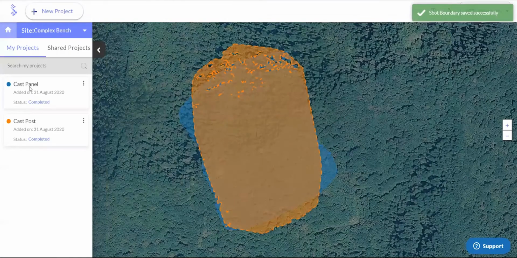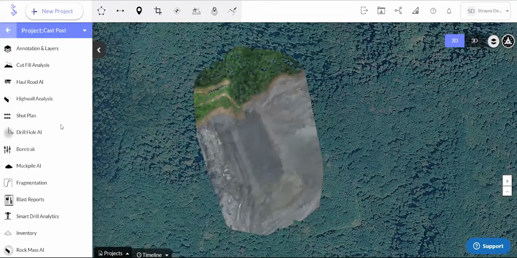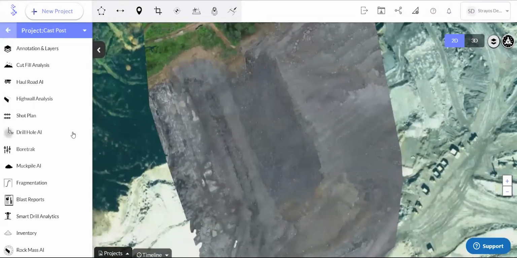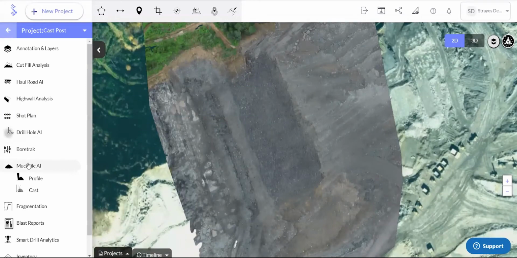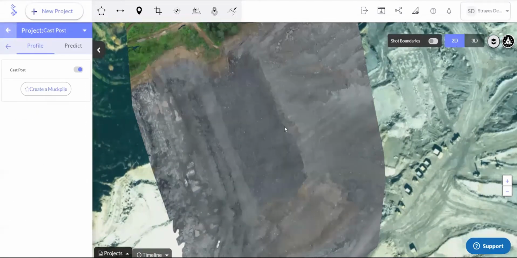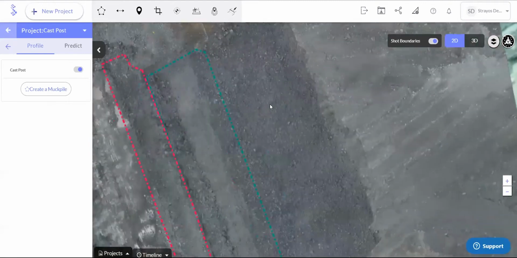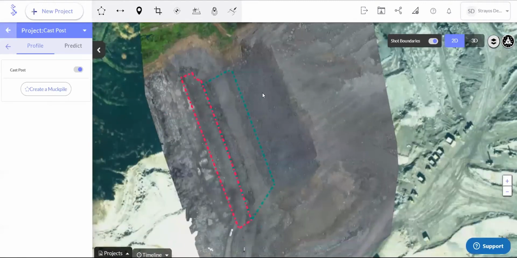So then we will go to our post blast. And as you can see, here is the muckpile. We will navigate to muckpile AI, and we will go to profile. And to make things easier, we're just going to turn on those shot boundaries. So we are able to overlay the pre-blast shot boundaries on the muckpile itself. So we will go to create a muckpile, and we're just going to outline